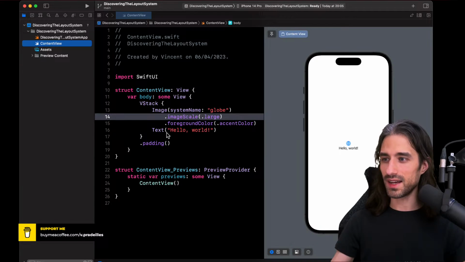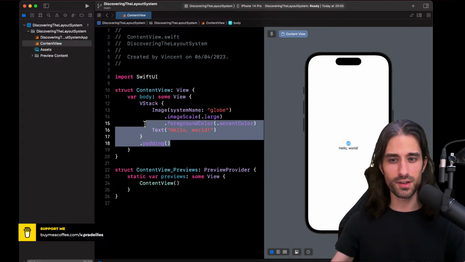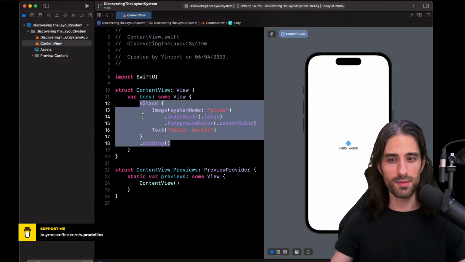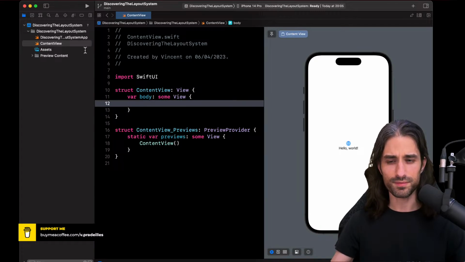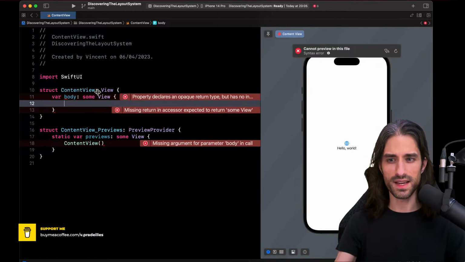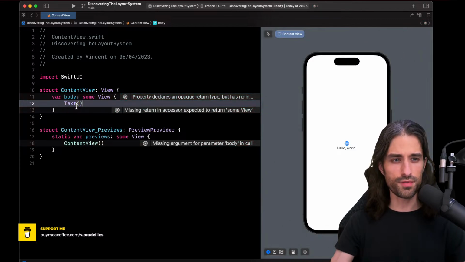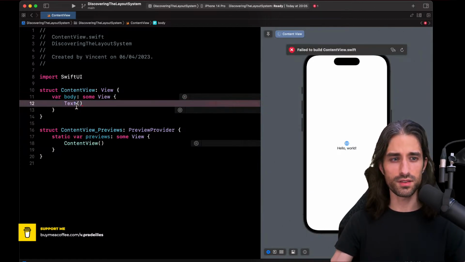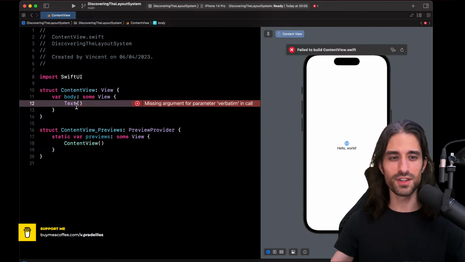So we're going to start with the most simple thing we can put in a view. So I'm removing everything in the body. I'm also making some extra space for the code, like that. And so in the body, I'm going to put a Text. Remember from last time, Text is the SwiftUI view we use to display, as its name suggests, text. So to display a string on the screen.